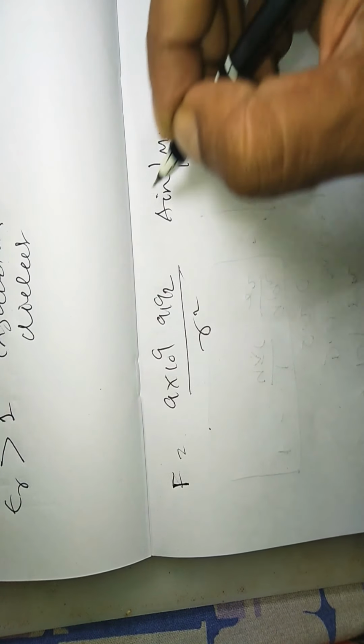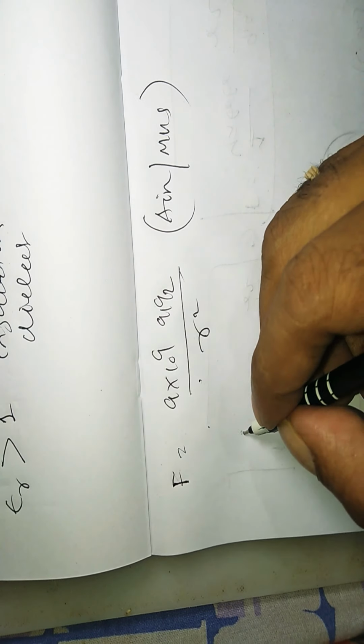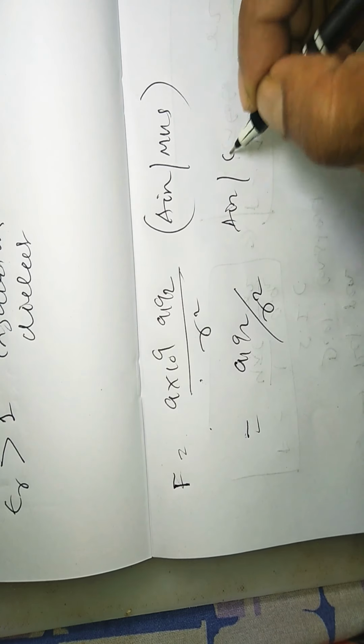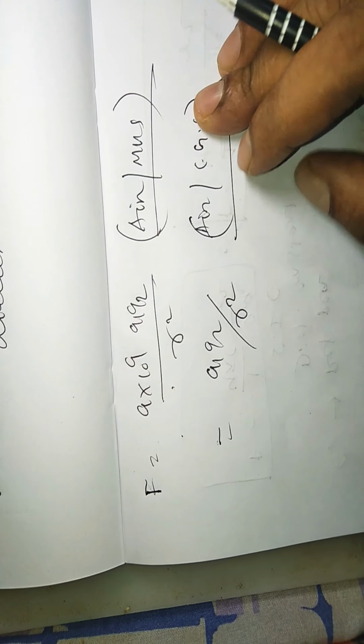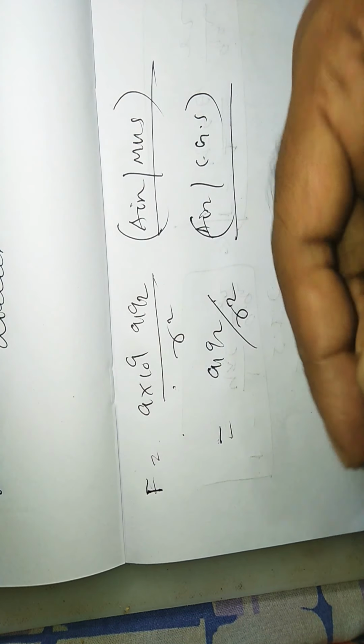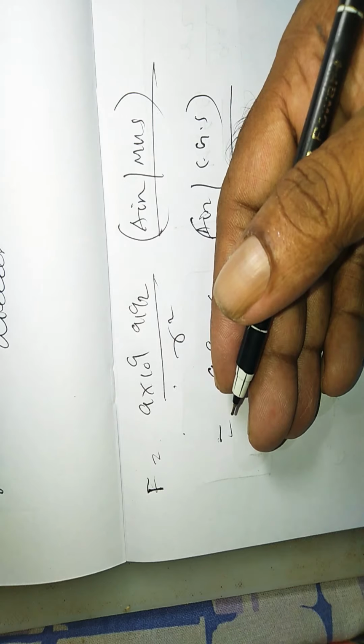So now we can rewrite the formulas like this. Coulomb's law can be written as F is equal to 9 into 10 to the power 9 q1 q2 by r square. This is for air or vacuum in MKS, because epsilon r is 1 here, and in CGS it is only q1 q2 by r square. This is for air or vacuum medium, in MKS and CGS. Then how to use Coulomb's law? What are the important characteristics of Coulomb's force? This will be available in the next video.